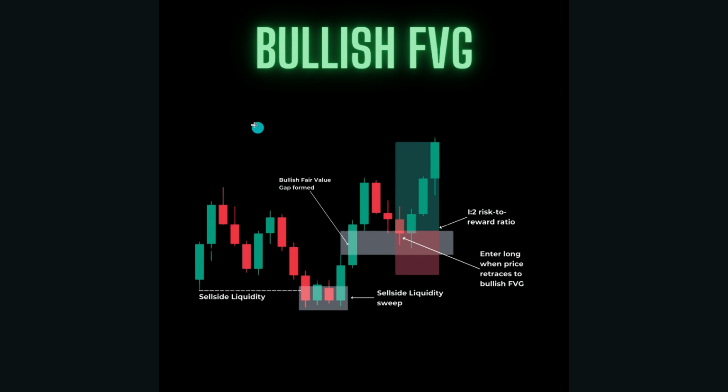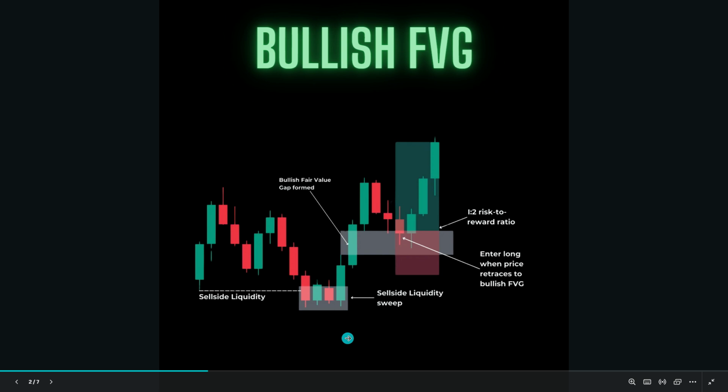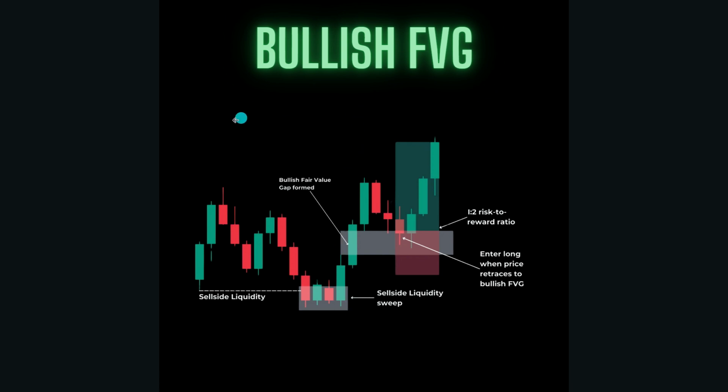It could be an old high over here, or it could be another fair value gap that's up here somewhere, because usually that's where price is going to want to go. Like I said, once it takes out this sell side liquidity, it's looking for the next form of liquidity, which is going to be on the buy side. It's usually going to be a prior high, or another fair value gap up here that's left open. What I mean by open is that it hasn't been touched. So that's usually where price is going to try to go, and that's usually where I'll have my first take